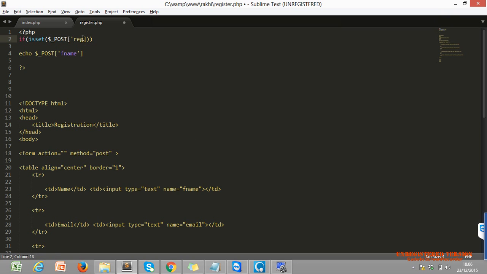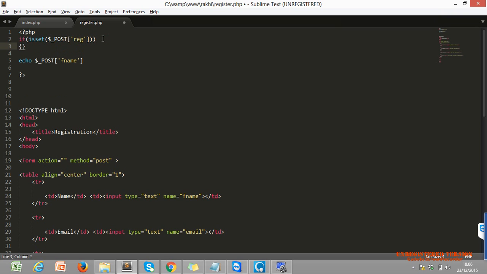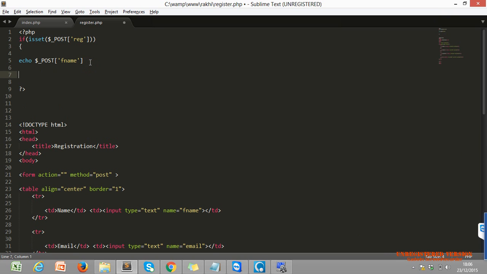Okay, single code here. Now within, we will write code that checks whether our form is submitted or not. How?